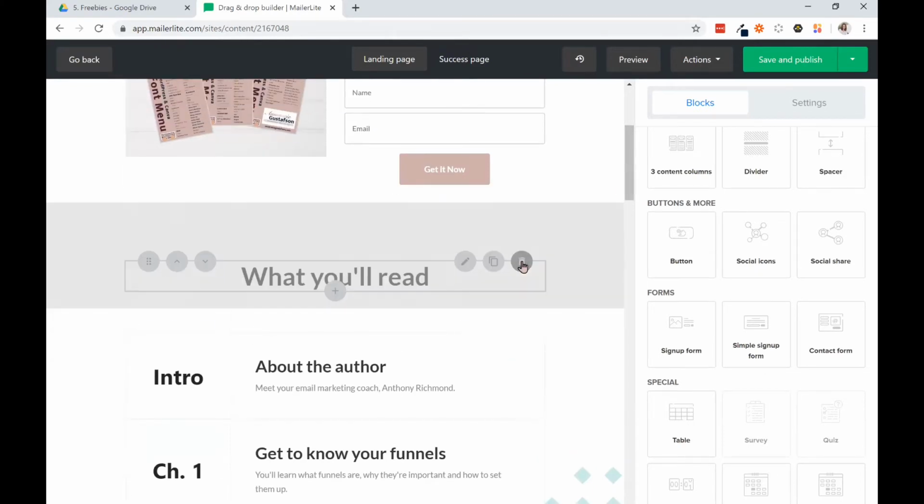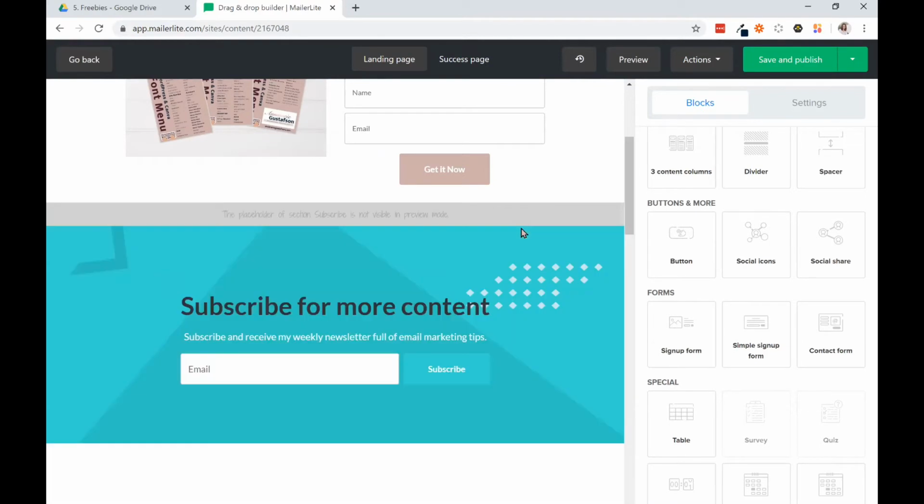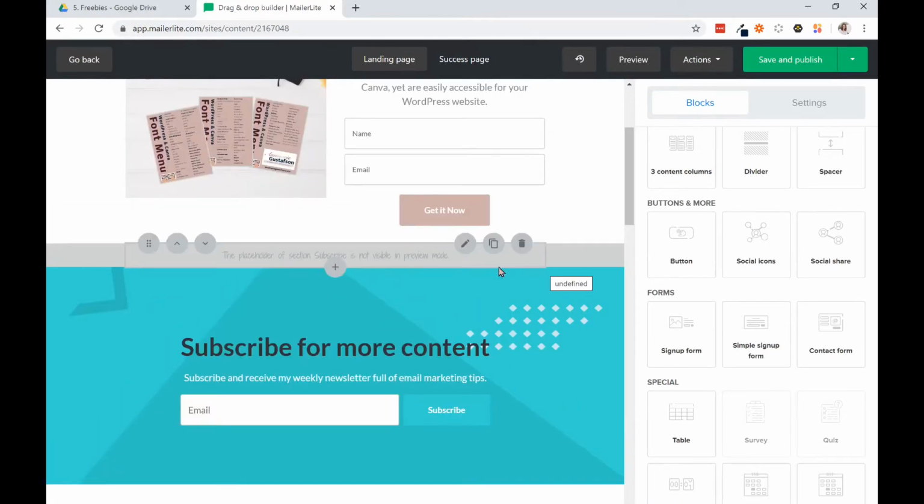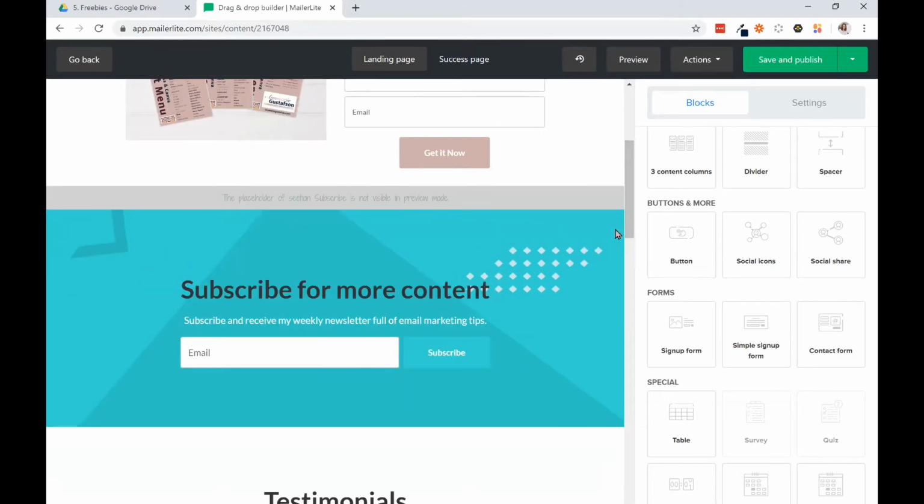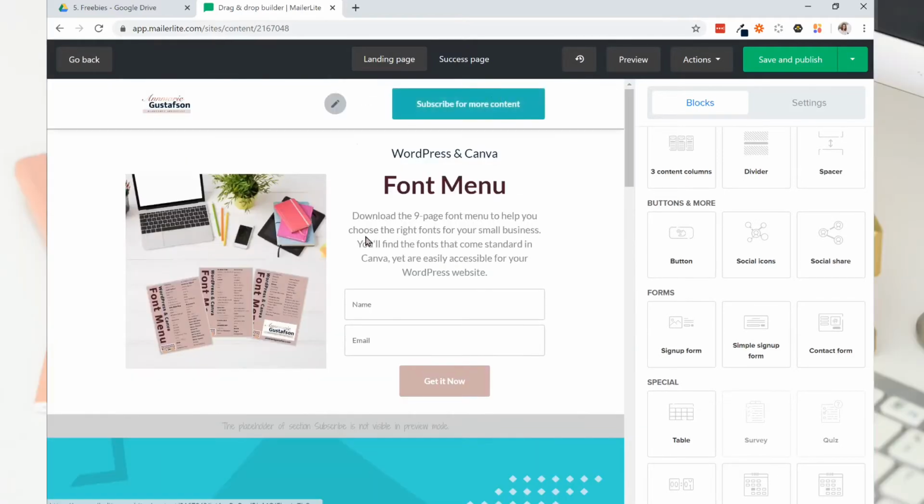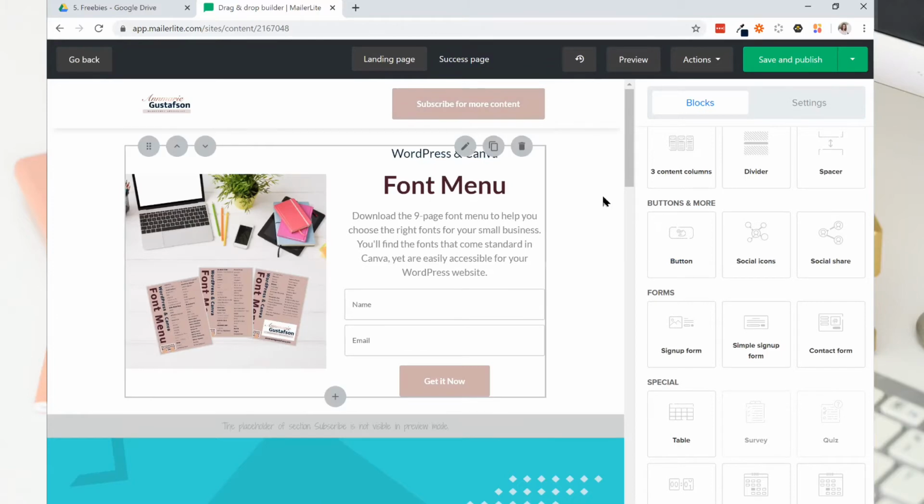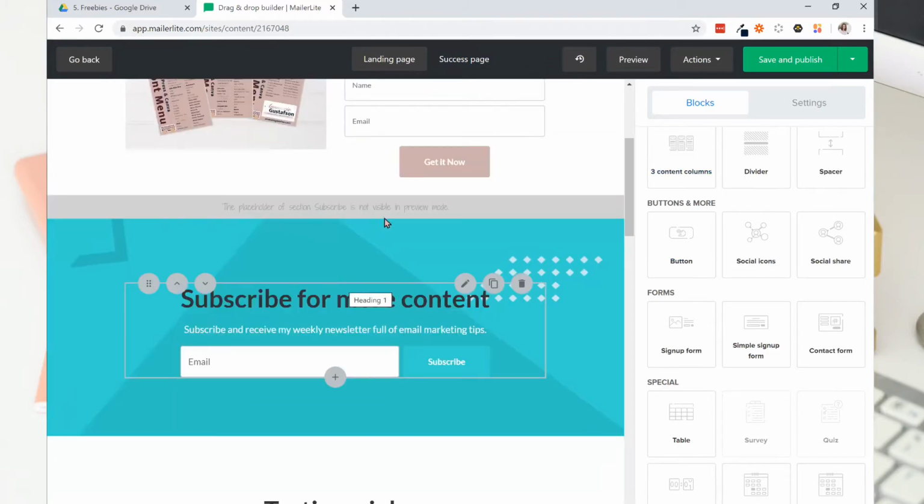I'm going to delete these just because I'm trying to make this really fast and simple. This placeholder section is saying it won't be visible in preview mode. That's fine. So here's subscribe to more content. I mean, this is kind of redundant on this page because we're saying subscribe for more content. You're subscribing to get that. And then subscribe here below. It's pretty redundant. So we don't really need that. So I'll take off